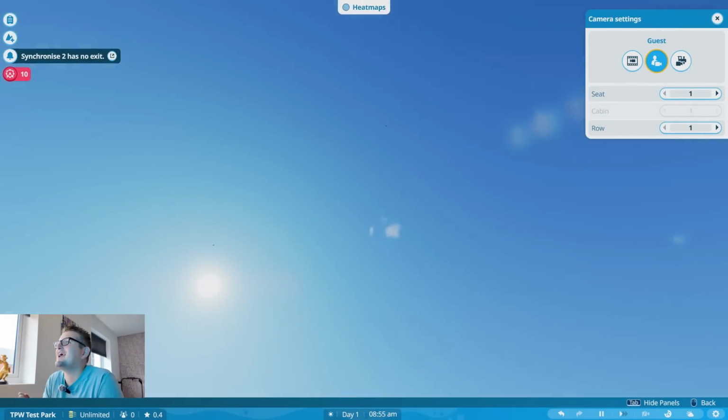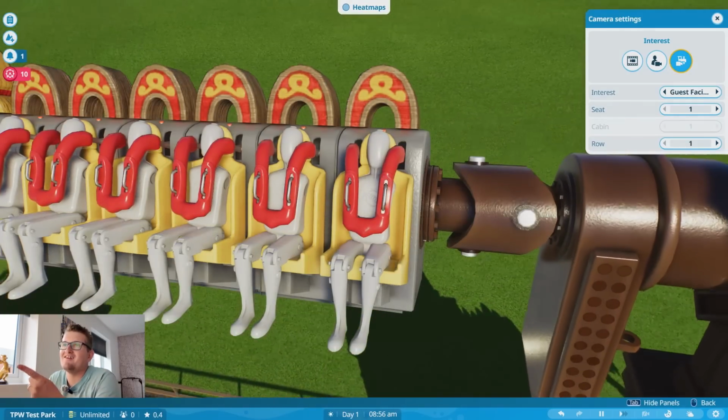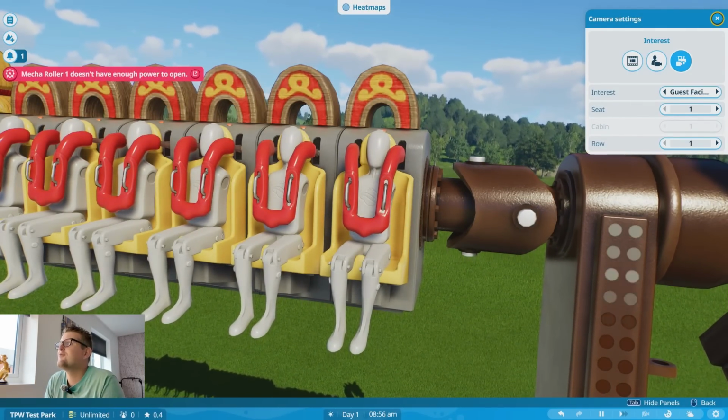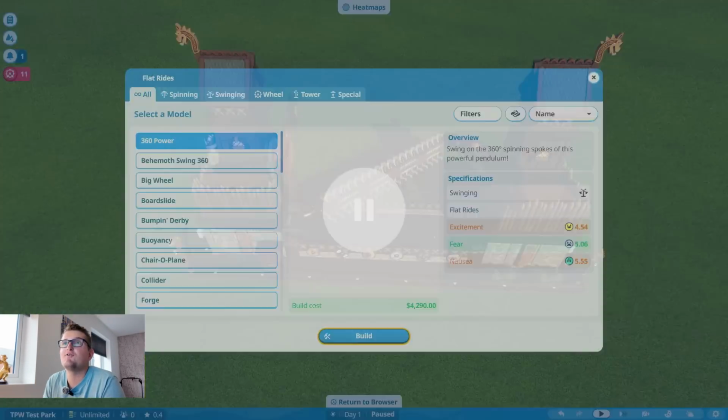Funny with the flights, because you put them on guest POV and you don't really look the best, like in cinematic and interest. That looks good, seeing the riders. Very impressed. Let's go on and have a look at each and every one that we've got, like we did